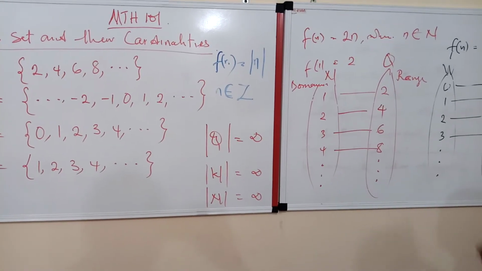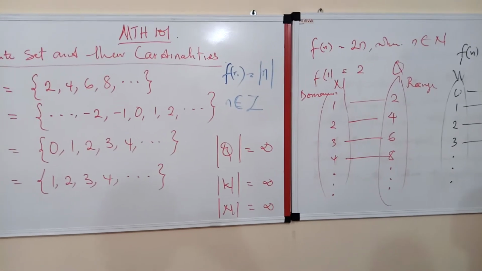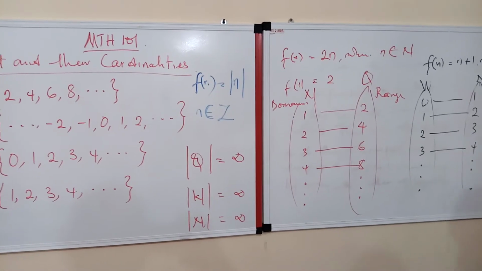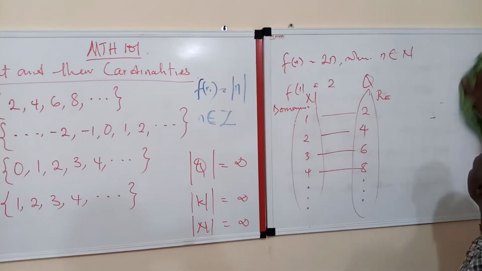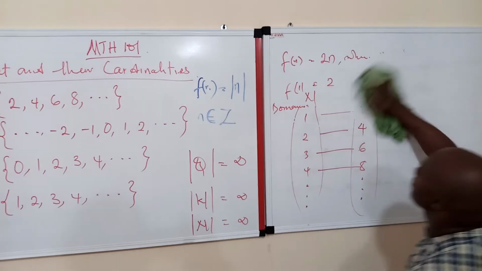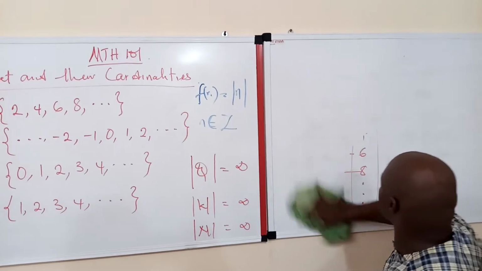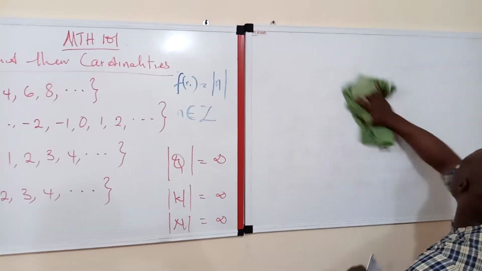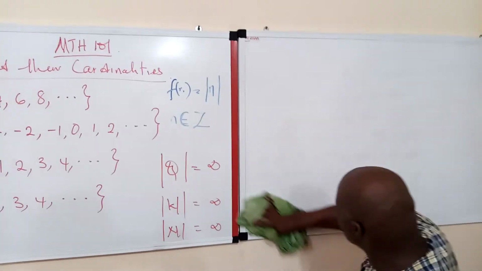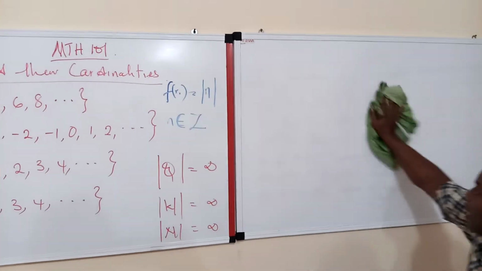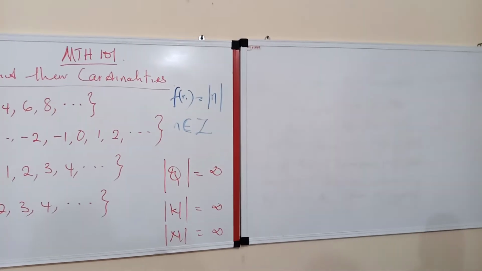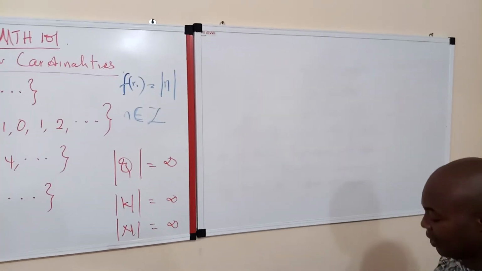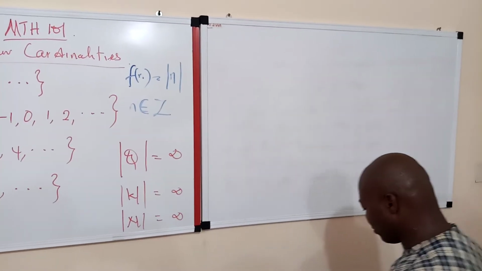Now, if that is true, we can conclude with a statement. Let's take a little note. We can conclude with a statement. Already we can see from the examples that we have given that the countably infinite sets have the same cardinality because there exists a bijection. So with that, we can conclude by saying